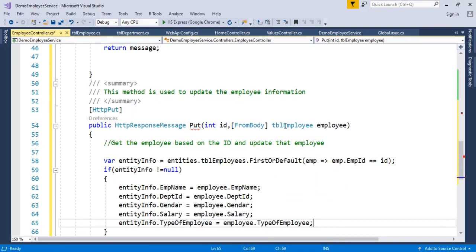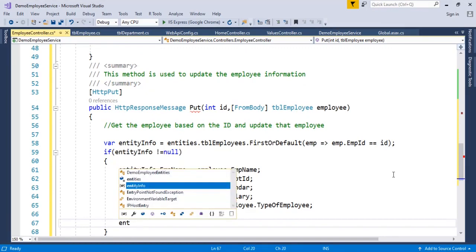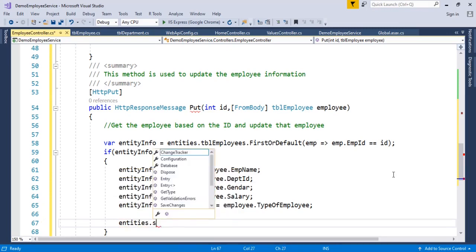Now we are setting the information. So after that, entities dot save changes.